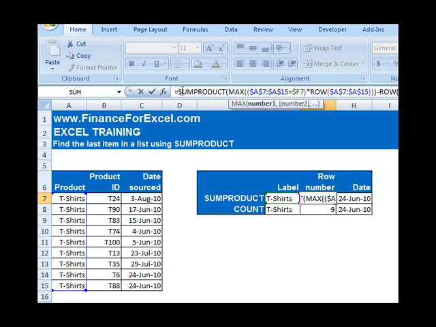That's also where the SUMPRODUCT comes in, because the SUMPRODUCT splits each row individually. Then the last bit on the end where we minus the row, so we're in row 7 here, so 15 minus 7 gives us 8. Now obviously we're in row 7 here, so we need to just add back 1 so we get the correct answer. So I'll just show